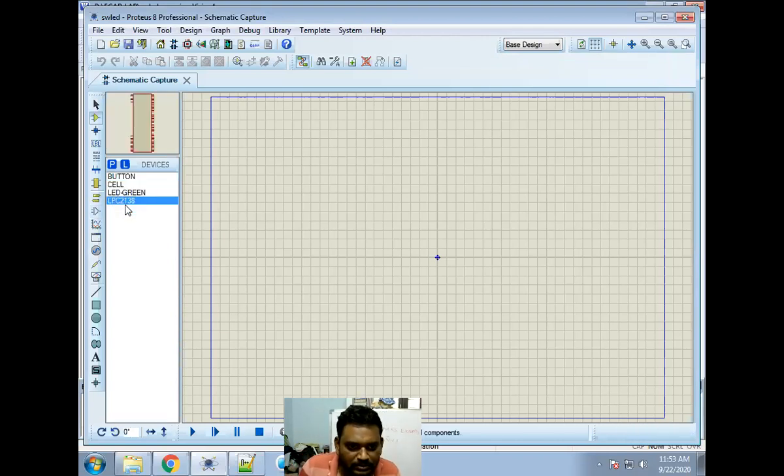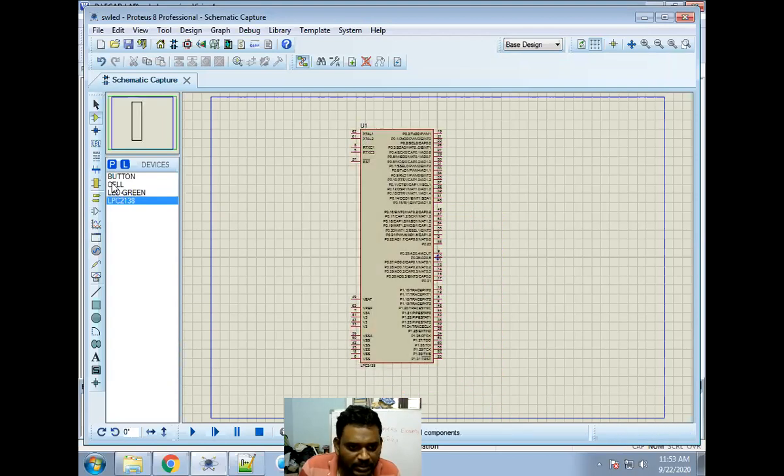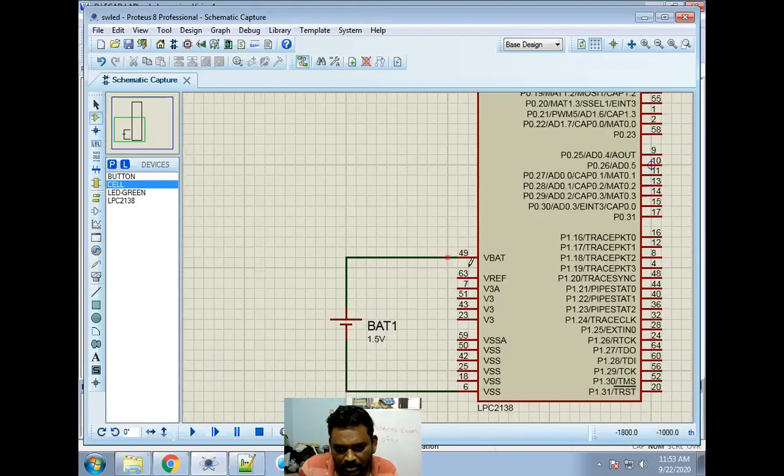So first we need to put this, and after that I will take the cell. So put this. After that I need to connect here, and I need to connect this thing to here, and the remaining parts I need to connect. So this thing here, here, here, here, here.